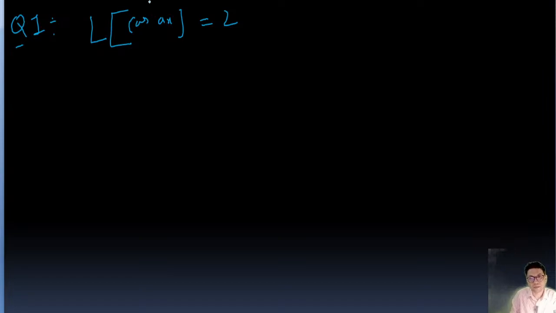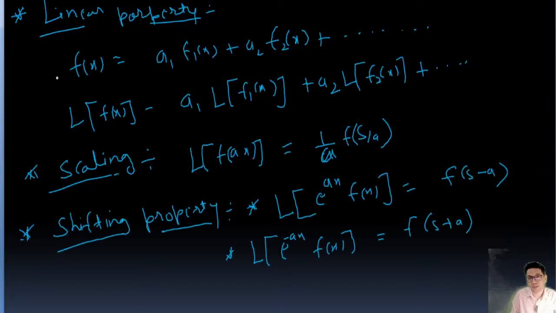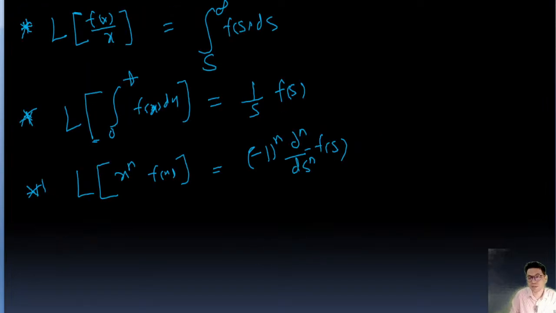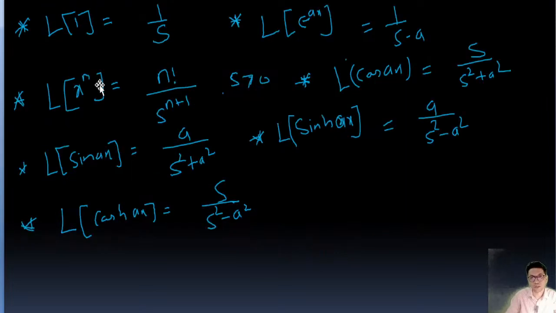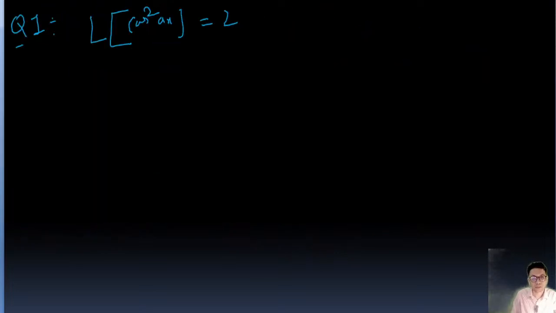These properties and these properties and these properties. Okay, so we are going to solve it. So it is cos square ax. So we don't have this property, right? So what we are going to do is